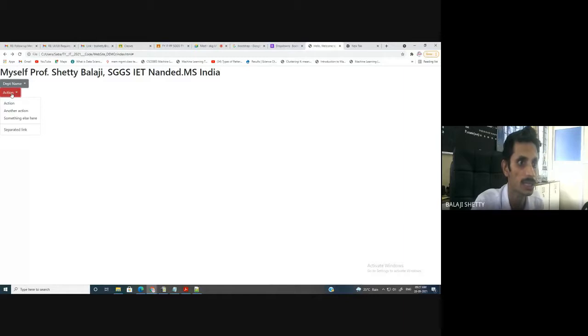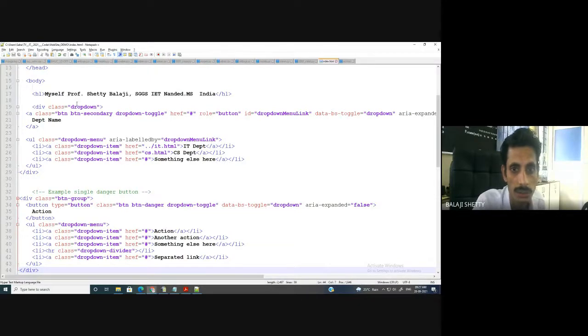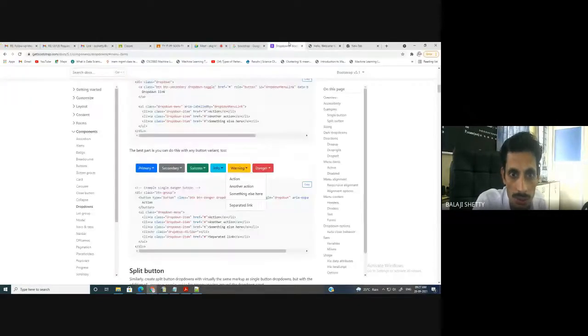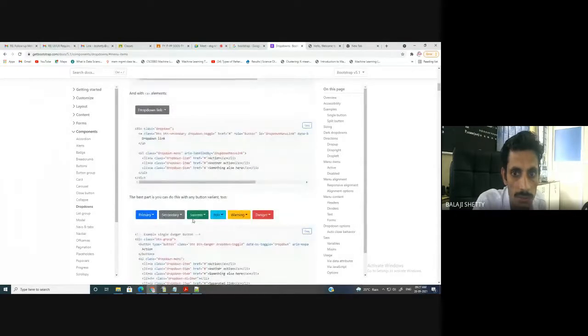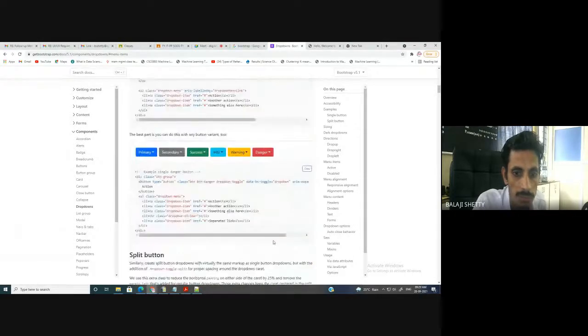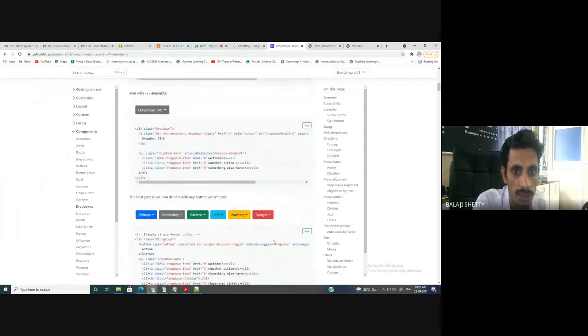Now you can see here, action. Okay, what happened? Let me check. Some file is missing. Which is the file that is missing? Split button. Action, another.